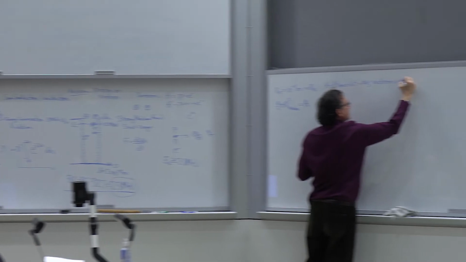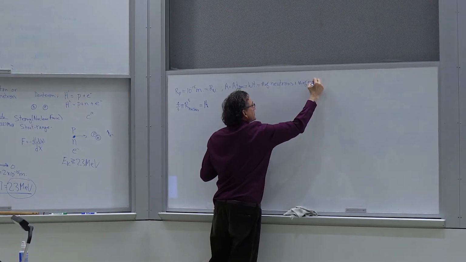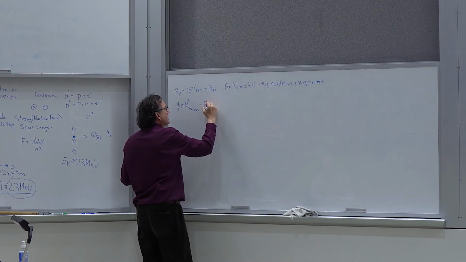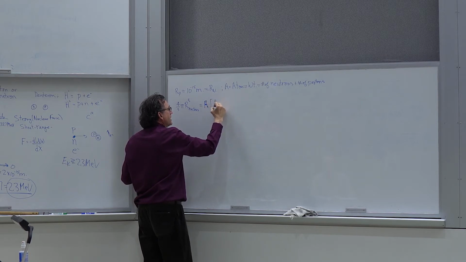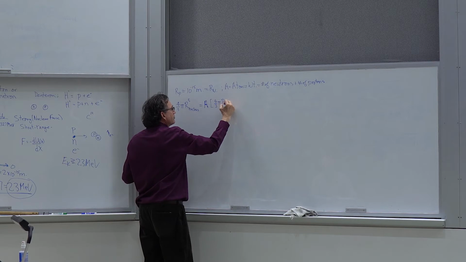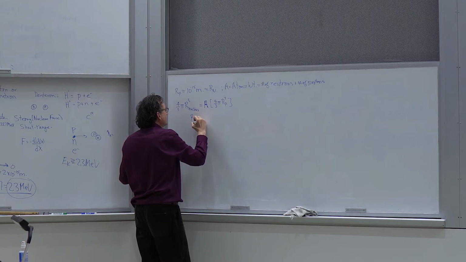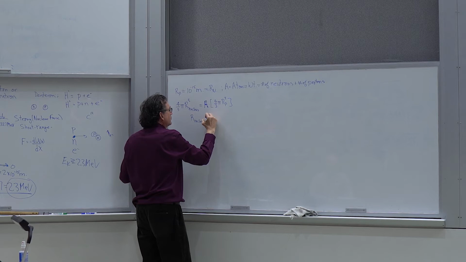So if I take the total number of neutrons plus the number of protons, I get the atomic weight A, and if I multiply that by the volume, the 4/3 pi r cubed of a proton, then I find that the radius of a nucleus is approximately equal to the cube root